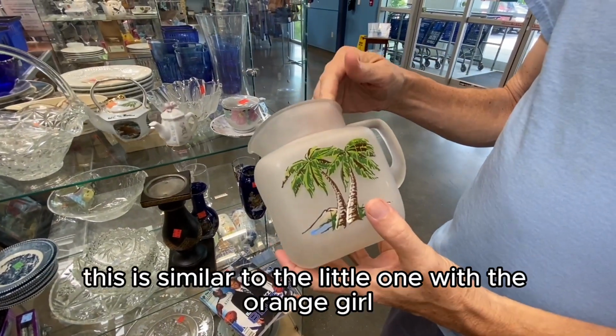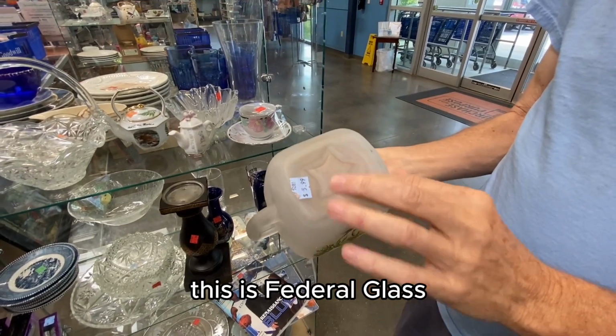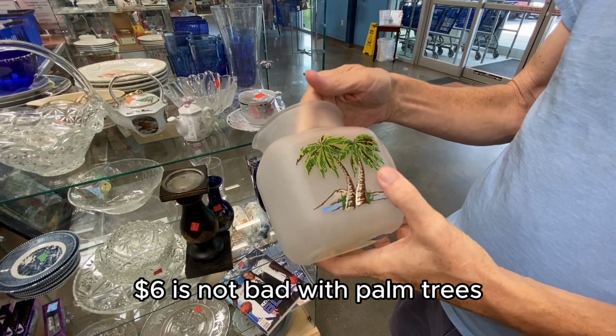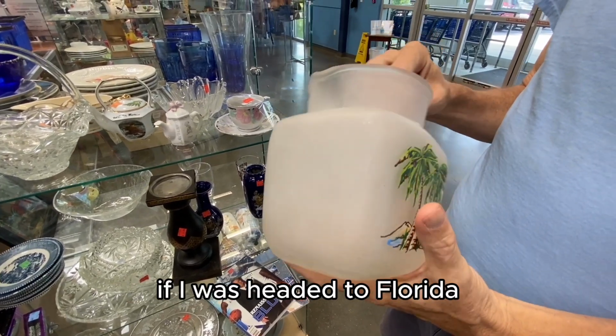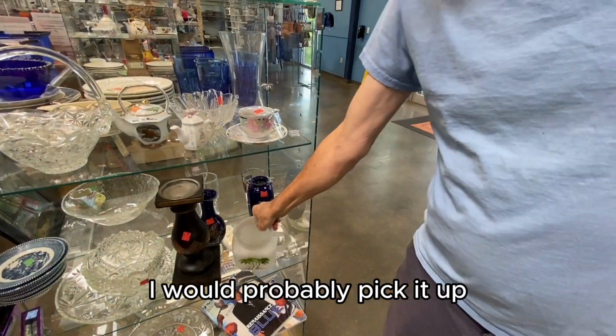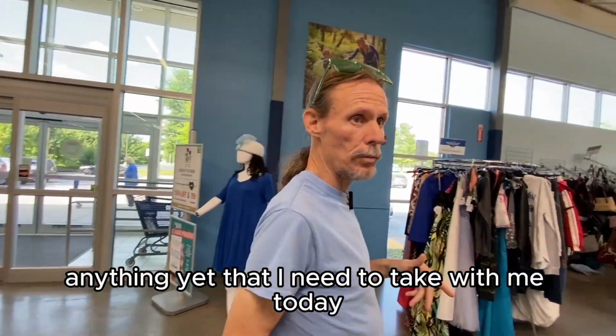Now, this is similar to the little one with the orange girl that I found in Florida. This is Federal Glass with the star pattern on the bottom from the early 50s. $6 is not bad with the palm trees. If I was headed to Florida and it didn't have these little chips in here, I would probably pick it up. So again, I haven't found anything yet that I need to take with me today,